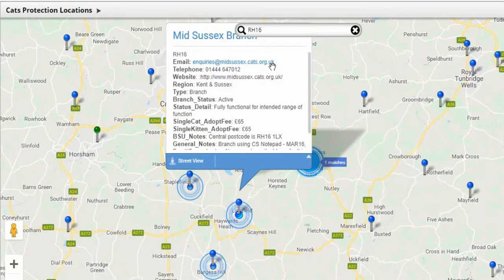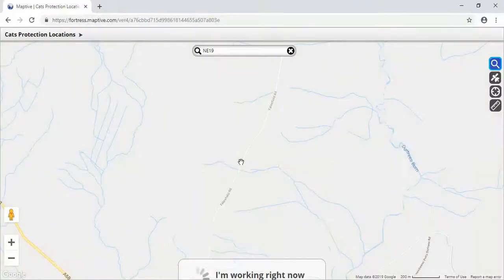Now we have seen how to locate a local branch or centre for a caller, we're going to briefly look at what happens if we get a red pin. So we do not have any active branches or centres in the caller's area. Let's try putting in the postcode NE19. As you can see, this should bring up a red pin